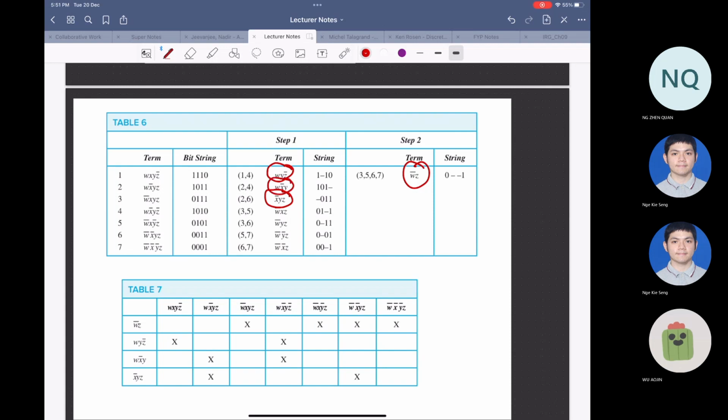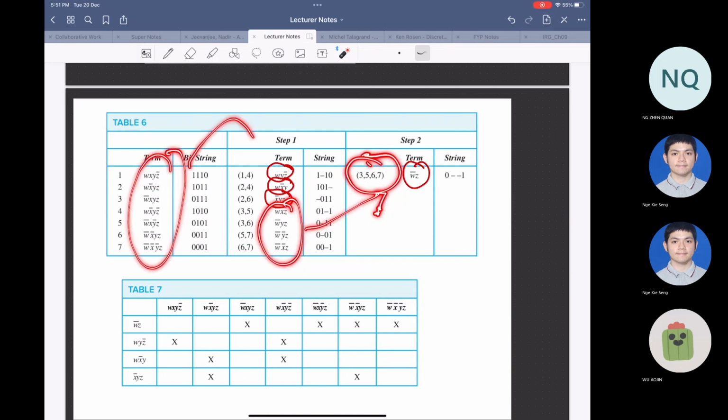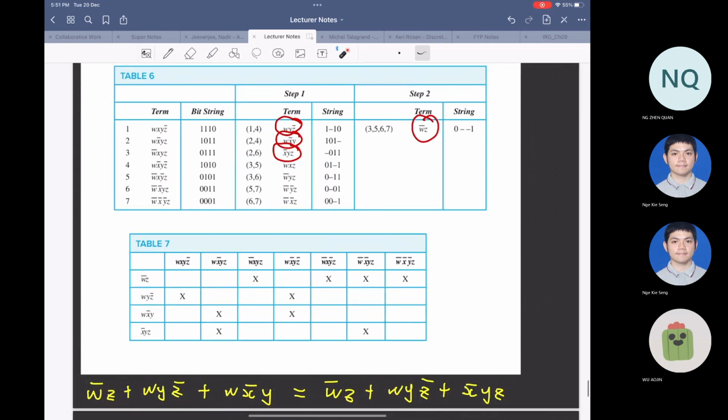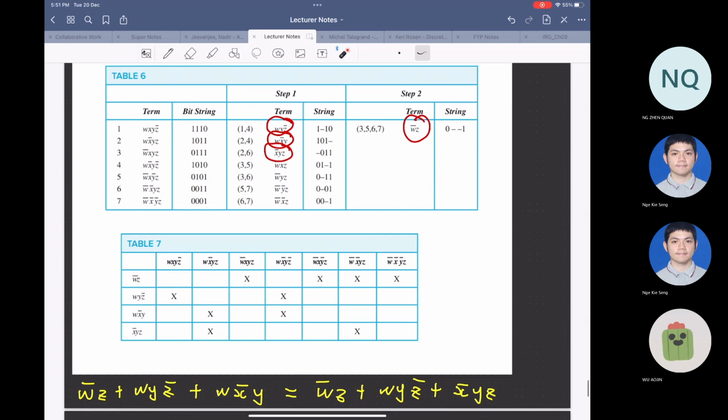Where is it? Oh, this one. Okay, because 3, 5, 6, 7 are used to build the W bar Z, and then all the previous ones are used to build the step 1. Okay, and then you would put a cross if it is this literal